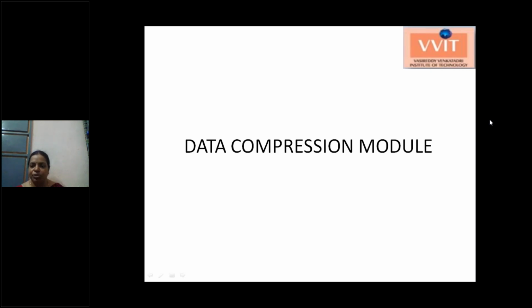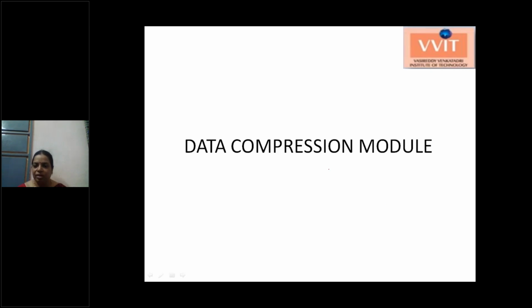Using the datetime object, you can get today's complete date and time. With the date object, you will get only the date. With the datetime object, you will get the complete date and time of the current system. datetime.today, then you will get the complete date and time of the system.